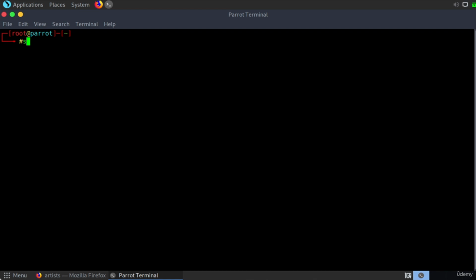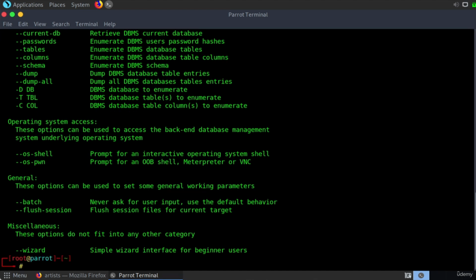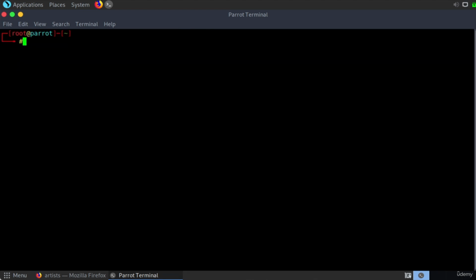So to run that, if we say sqlmap, and if we want to see information about the syntax we could use, we can of course say --help. I'm going to clear this off, and I'll show you how we can use this. We can say sqlmap -u, that is going to indicate a target, and in our case, the target,